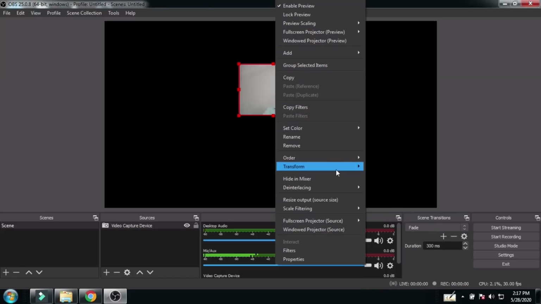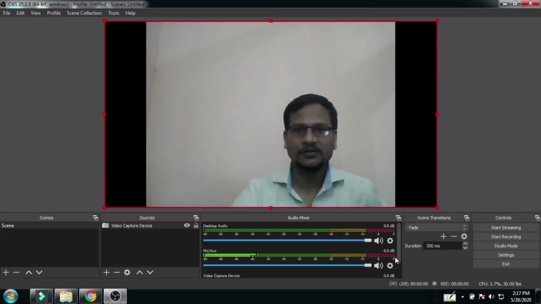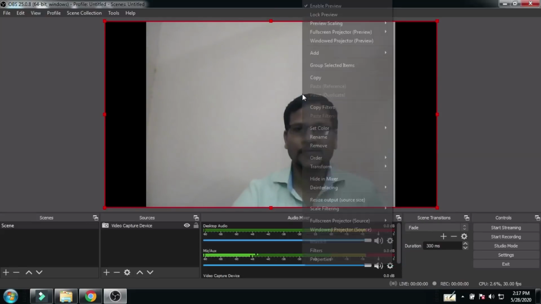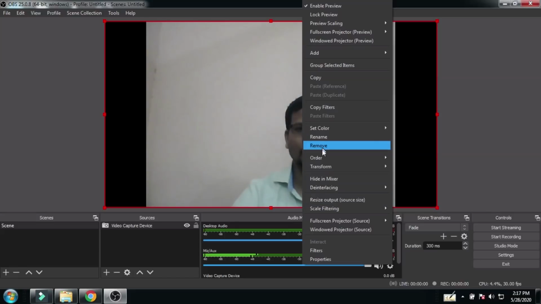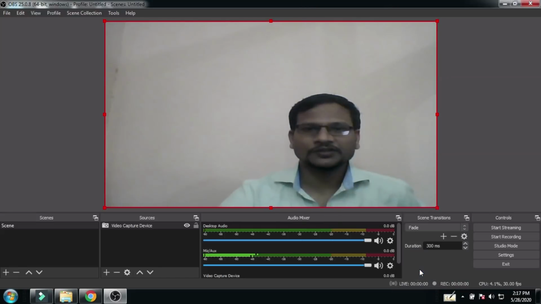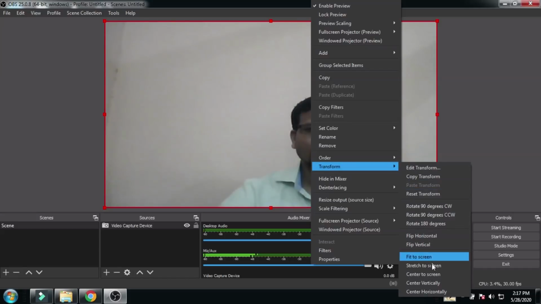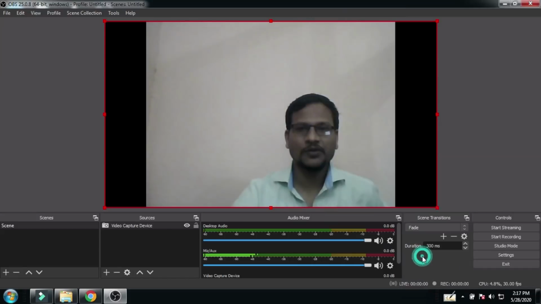So now click on fit to screen. Now your face is totally fit to the screen. Again go to transform, stretch to screen, the face is getting totally stretched to the screen. Again transform, it is already considered fit to screen.